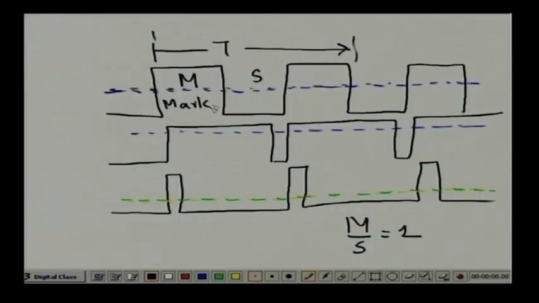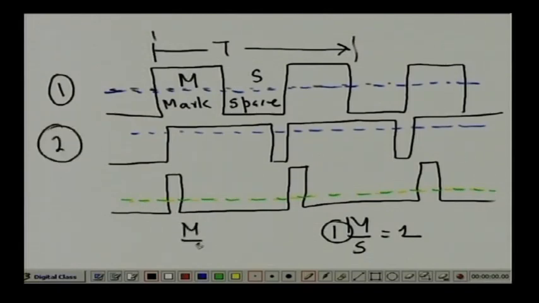M is mark and this is space, right. Now, here you will see that mark to space ratio is 1. This is the case 1. In case 2, we made m by s greater than 1, that is, the average is going up, right. And in case 3, if you look very carefully, m by s is less than 1. In all the cases you see,